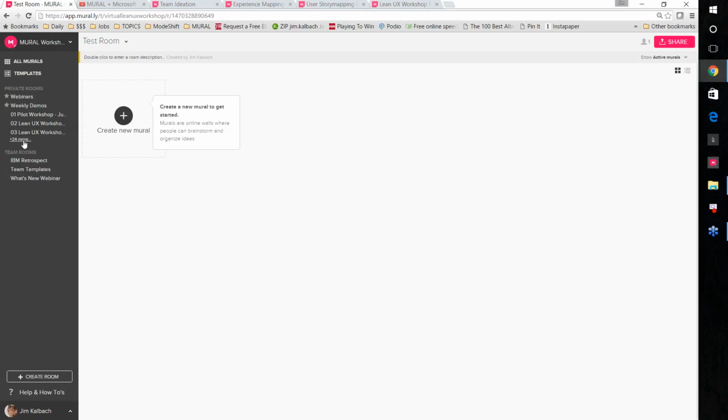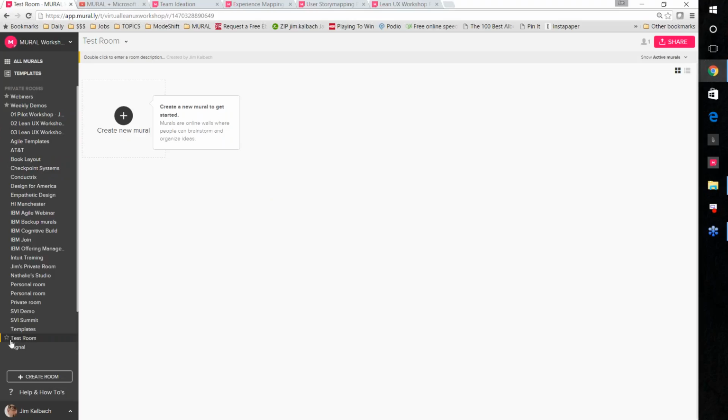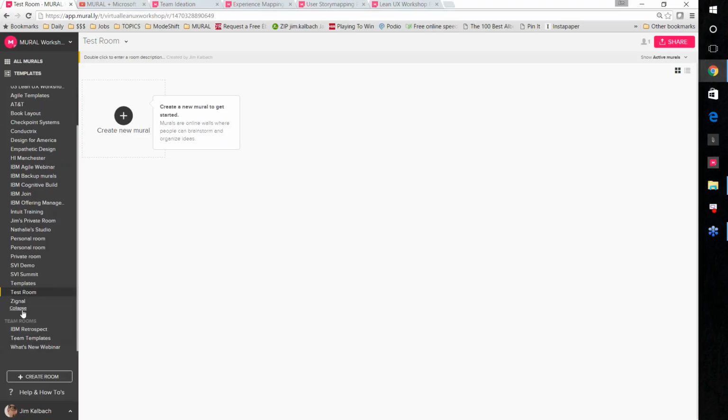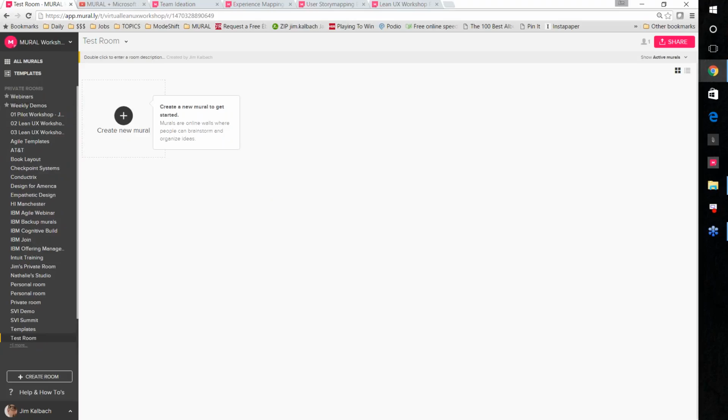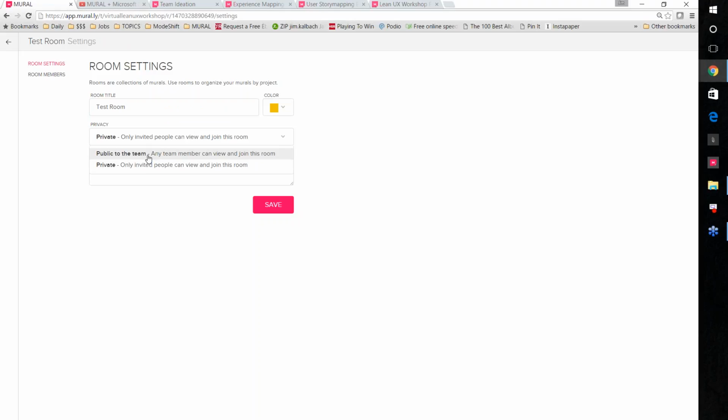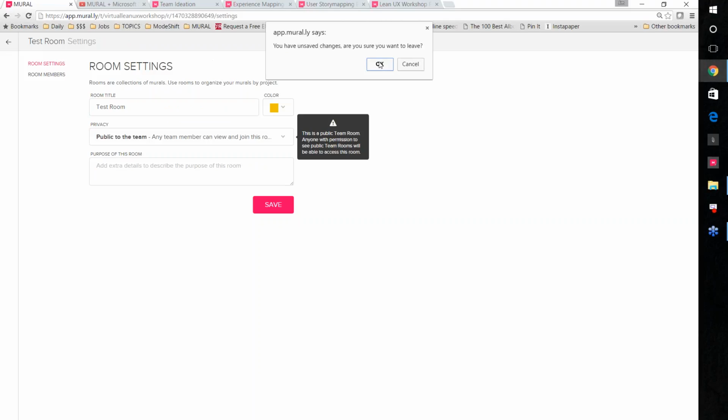And this is a private room, so it should show up here under my private rooms, and there it is down here on the left. This is in my private rooms now. So I have this private room that's invite only, and I can change those settings in the room settings as the team administrator, the person who created the room. I can go back into room settings, and if I want to make that public, I can do that as well too. So if you have something that you don't want everyone in your team to see, create a private